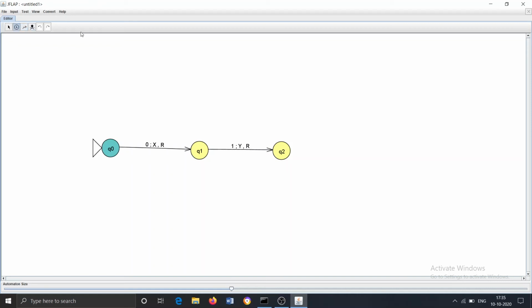Now we create another state q3 and again create the transition. Our approach says that when we encounter a 2, we replace it by Z and move leftwards. To move leftwards, you change this R to L, meaning left. So this is the basic idea. Now let me complete this Turing machine for you. I have already created the Turing machine, so I will just open it.